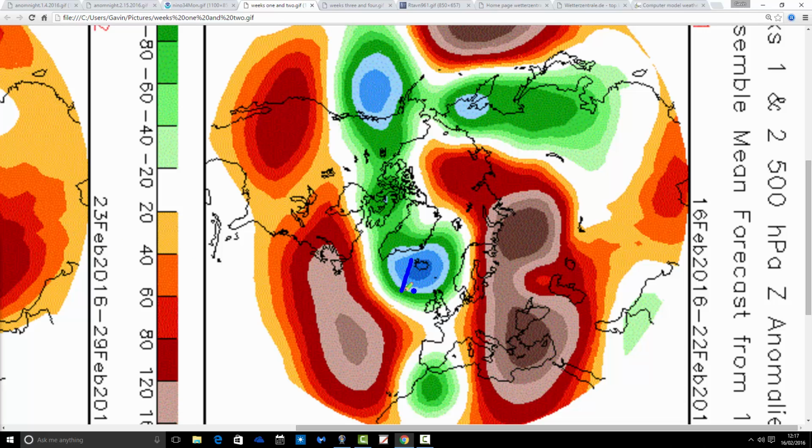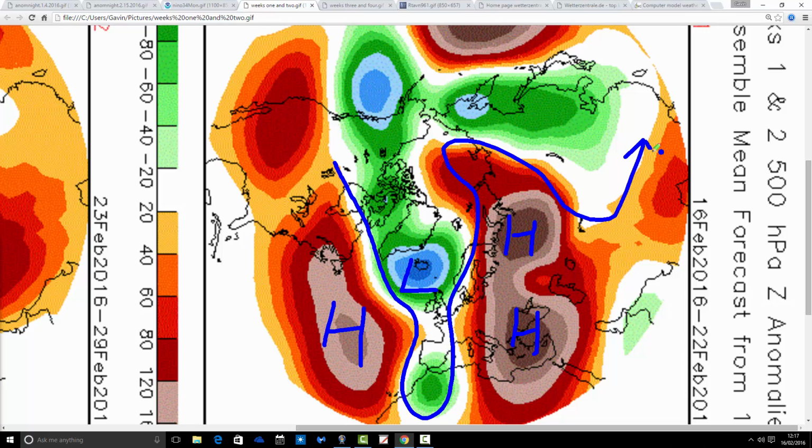So what we're seeing for the coming week is a trough of low pressure being predicted to the northwest of the country, a big ridge there out to the east, and a ridge through the central part of the Atlantic as well. It means the jet stream's going a bit like that, so it explains why it's a fairly cool week coming up, albeit it will be starting to turn milder